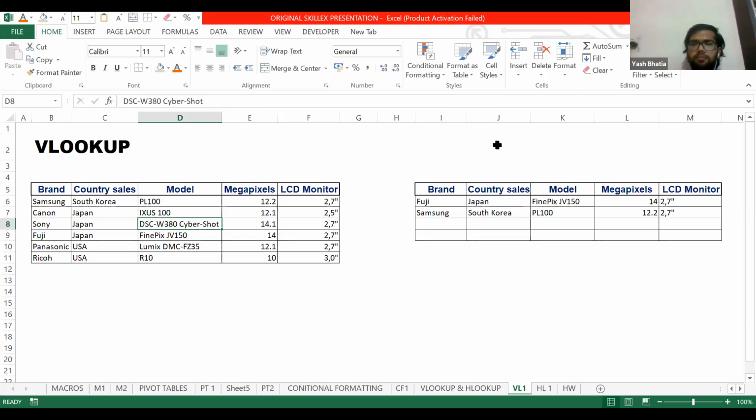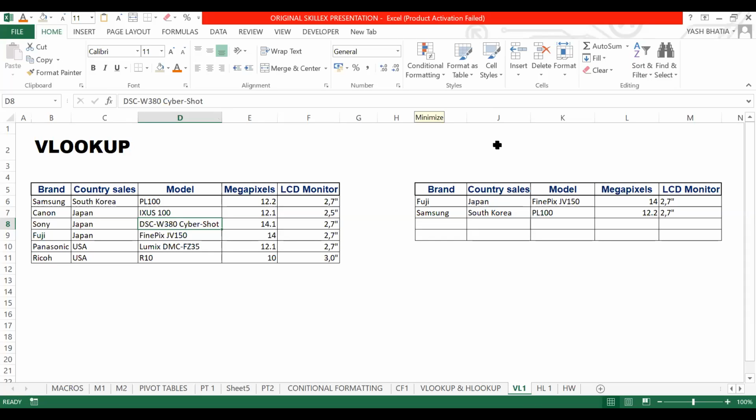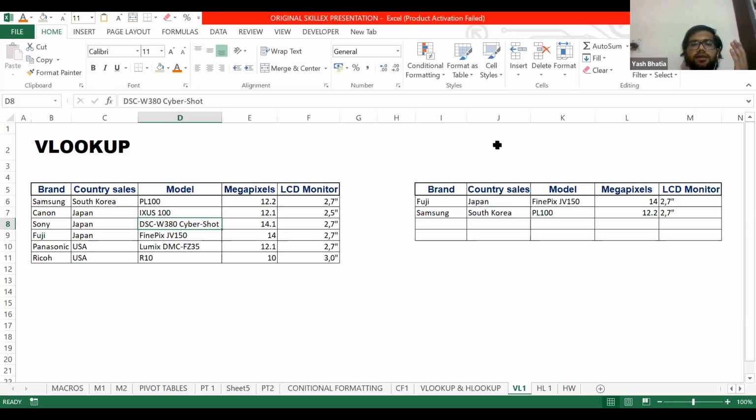Any doubt? Yeah, why are we using VLOOKUP? Because I see that source and target have the same number of columns, same values. Sorry, I didn't get the use of VLOOKUP. Why do we use VLOOKUP here? Why do we generally use VLOOKUP? Because we need to extract the data from the columns of the source table. If we have to extract data from the columns, we use VLOOKUP. And the second example, which I'm going to show you after this, is HLOOKUP, from which we extract data from the rows.